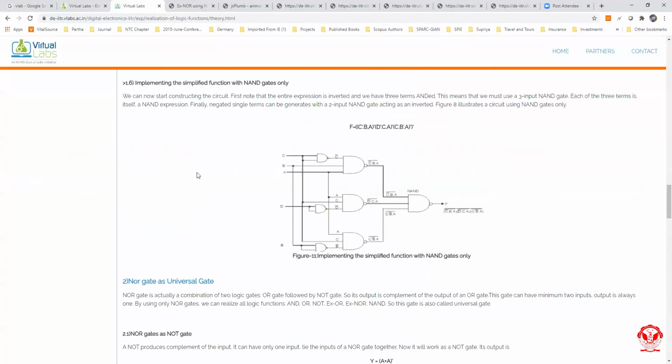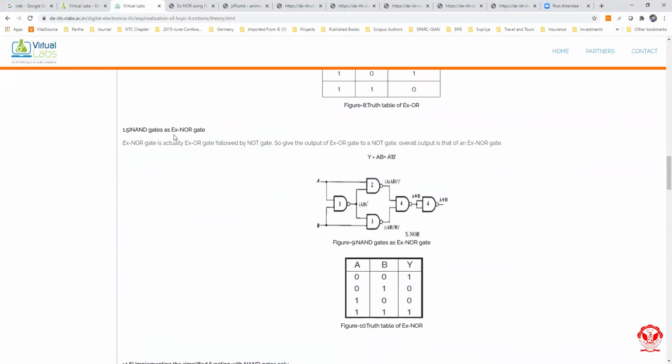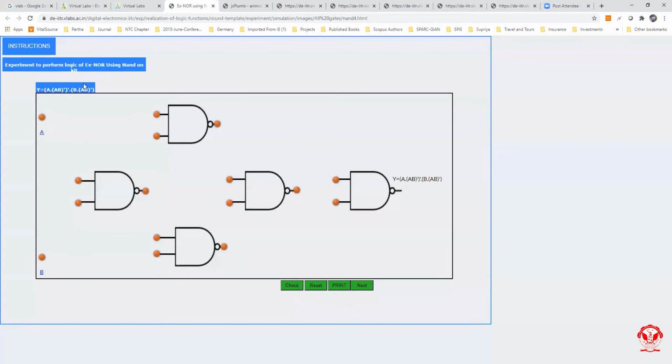Students can learn how the XNOR gates can be implemented using NAND gates. Here we can see that. Now this is our XNOR gate, and we have to implement the XNOR gate using NAND gate.